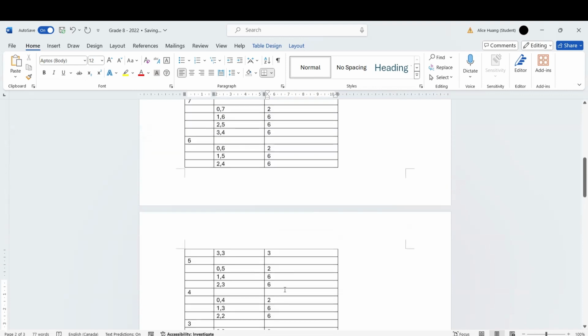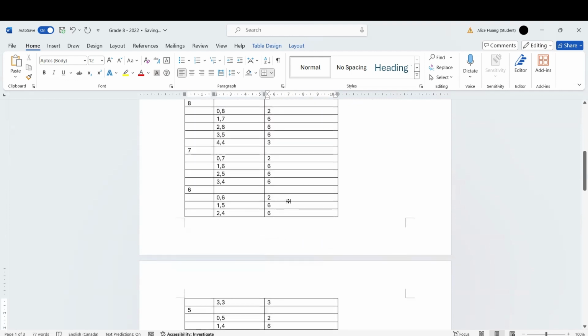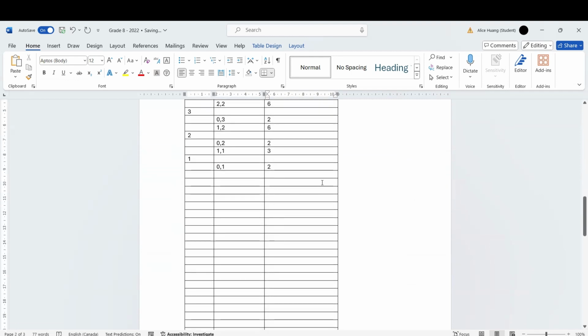Now we get all the possible numbers of three digits. We just need to add them up. If you add up all these numbers, you will know the total number of these